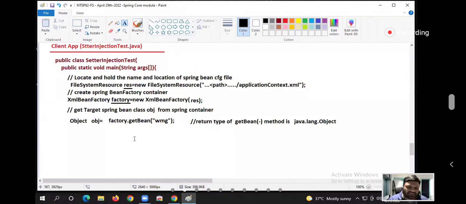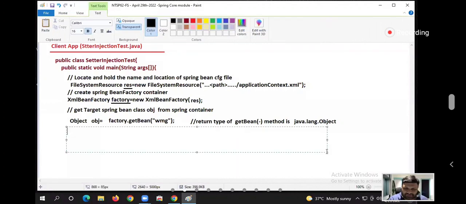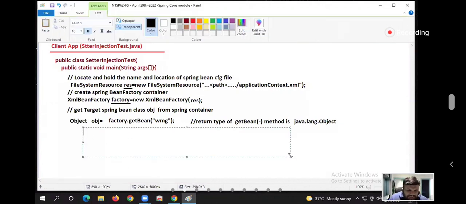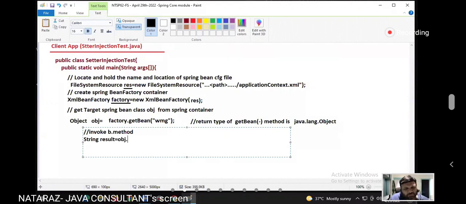Super, boss. But one problem is there, guys. When a superclass reference variable is referring to a subclass object, can we call direct methods of the subclass using that reference variable? Invoke the business method, please listen. String result = obj.showWishMessage("Raja"). Your core Java comes into the picture now, guys.